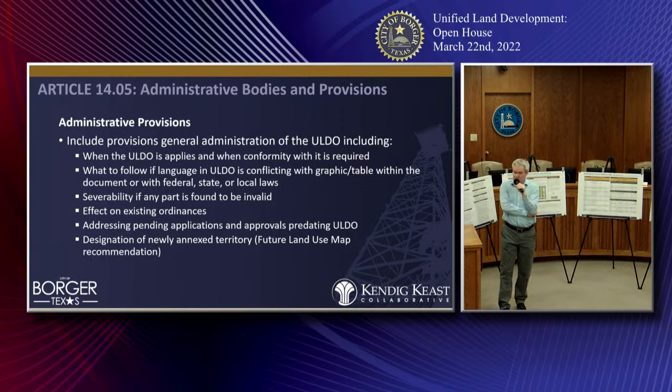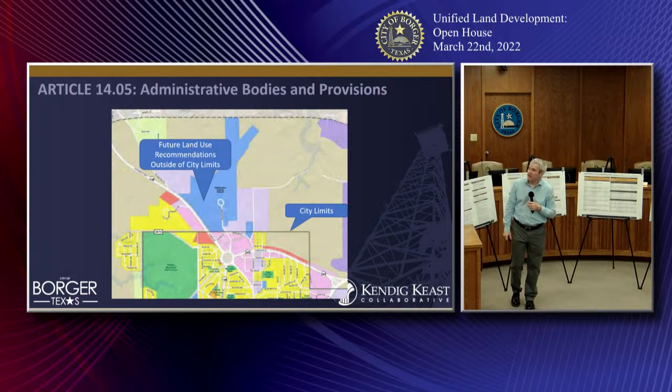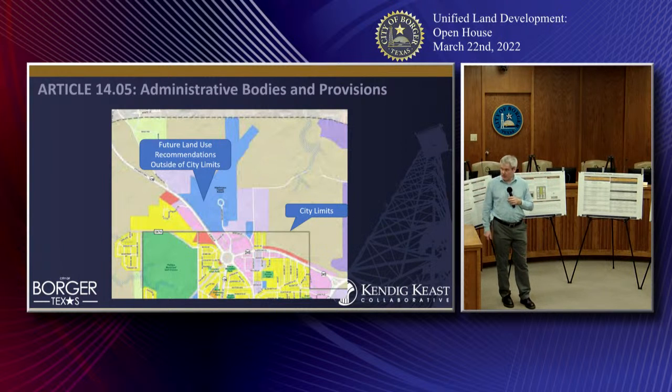So, there's the city limits around the city, and then outside of the city limits is the extraterritorial jurisdiction. The city, under some pretty strict state laws now, can annex parts of lands outside of their city limits. And so the question becomes, what would the zoning of those newly annexed properties be? And we would rely on the comprehensive plan that was adopted a year and a half or so ago.